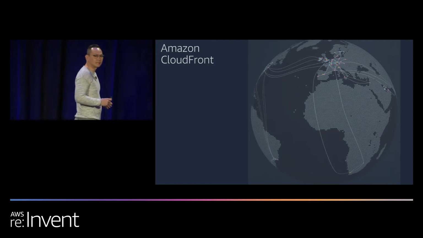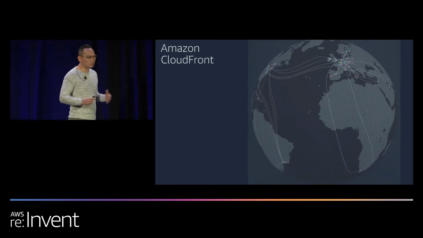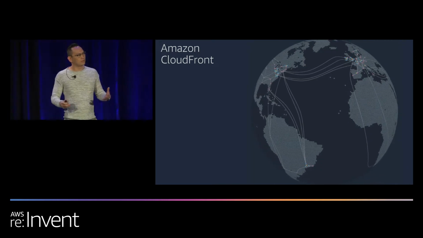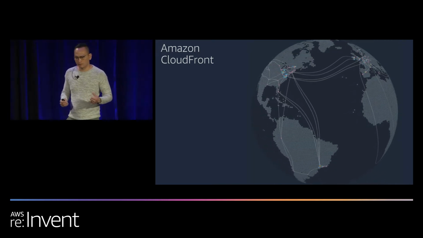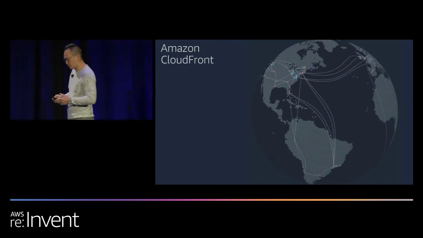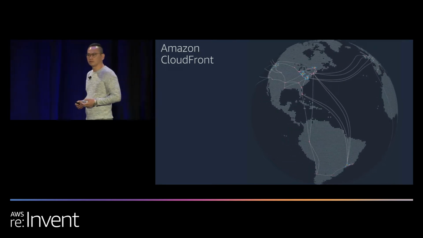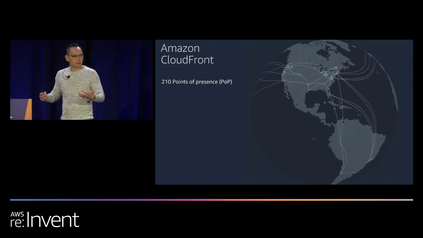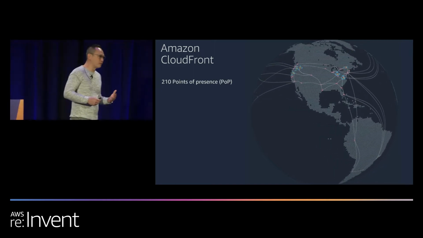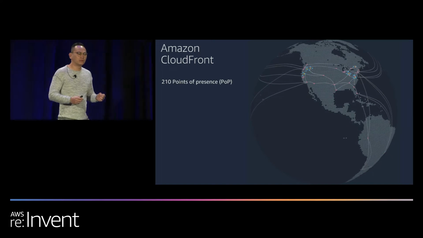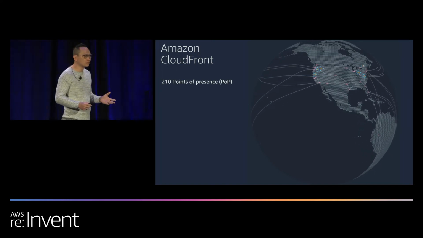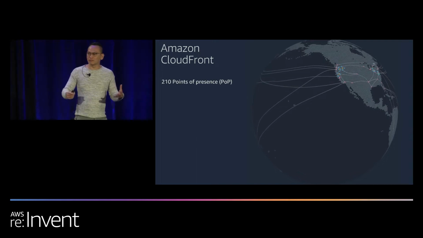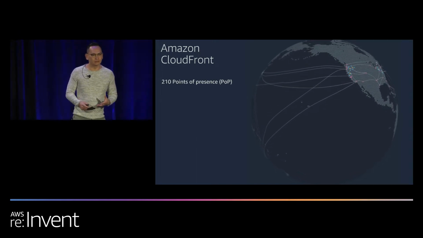Okay, so as I said before, CloudFront's our global content delivery network. And this slide right here basically gives you an eyeball view of our global presence. These little dots that you see on there are either points of presence or edge locations and/or AWS regions. Now, we're growing at a very rapid rate. Actually, last week we hit 210 points of presence around the world, with our first one in Rome last week. Every time I present this slide, I have to make sure it's up to date because we're always rolling out new edge locations.